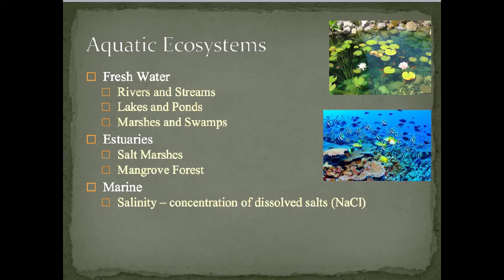Alright, now we're getting into the aquatic ecosystems. We've finished up with the terrestrial, and now we're going to be going under the sea. In your aquatic ecosystems, you have your freshwater, which contain your rivers and streams, lakes and ponds, marshes and swamps. You have your estuaries, which are your salt marshes and mangrove forests, and then we'll get into the marine